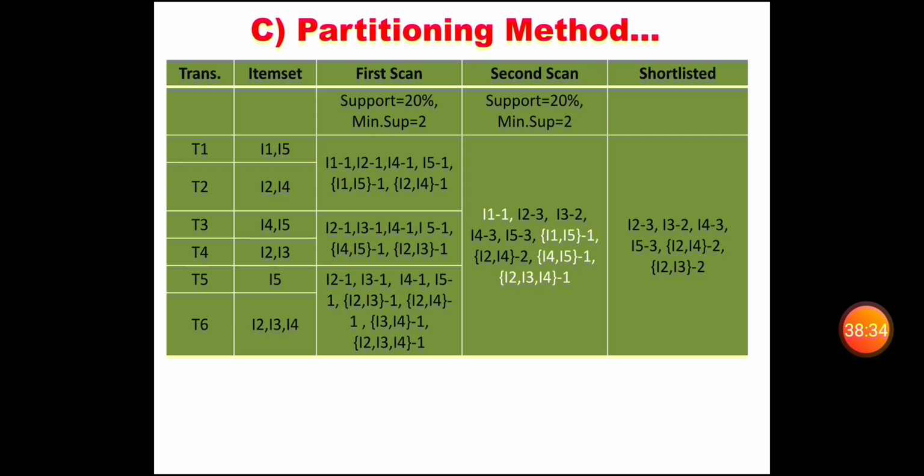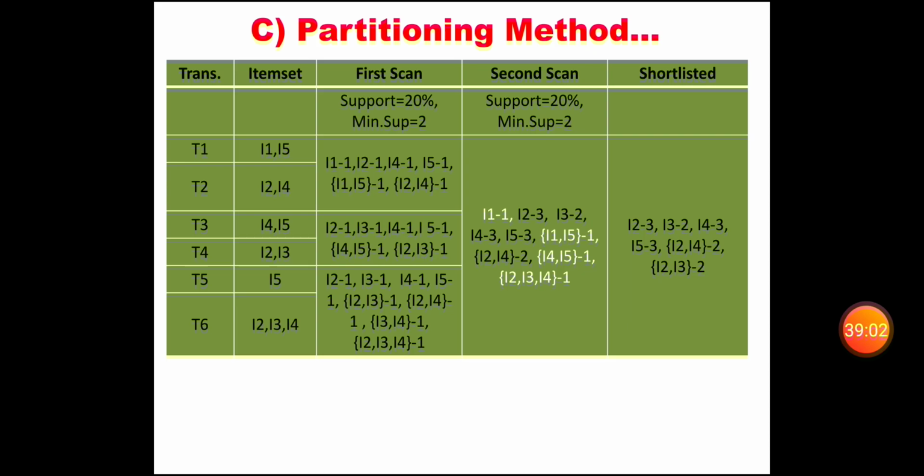All three partitions' item sets from the first scan will be merged and taken for the second scan. During the second scan we got some item sets. So the duplicate items will be removed, the remaining items everything will be taken over here. So by merging everything we are getting the final one, it is the second scan.